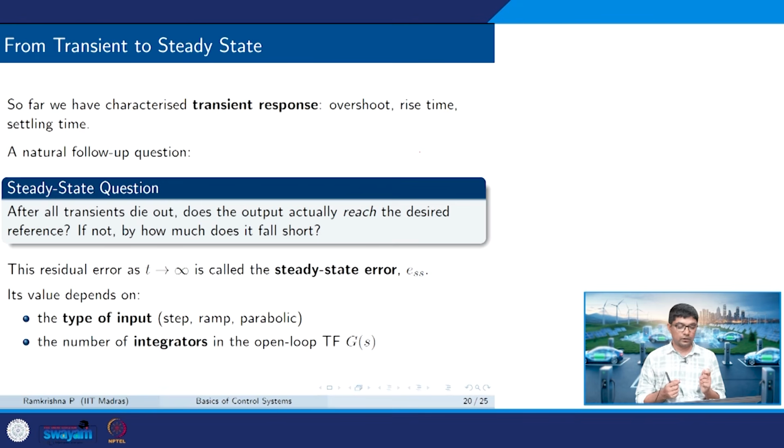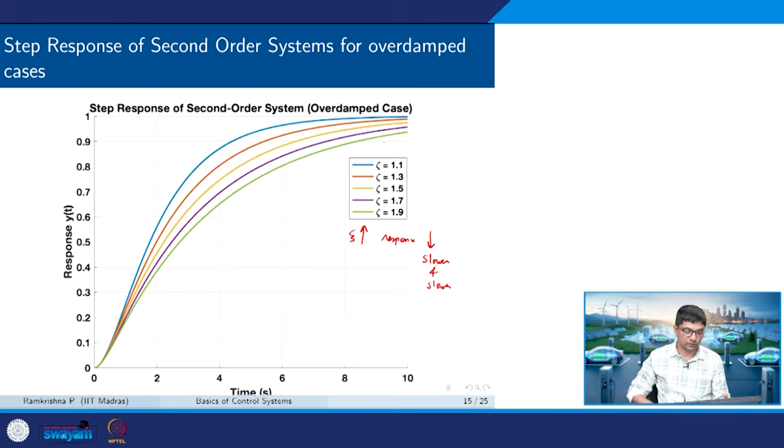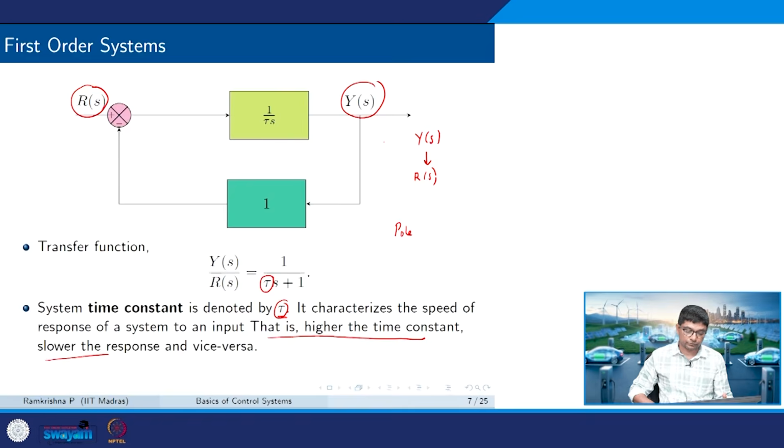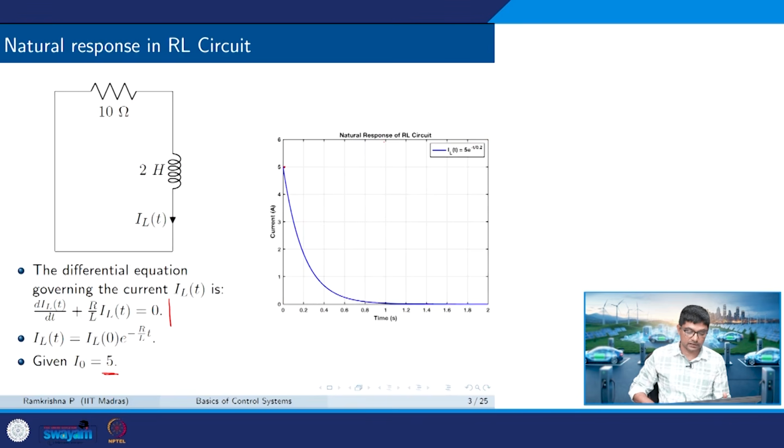Okay. So, we will do a little analysis on this. If I look at the transient, the expressions that I had earlier, V0 by R times 1 minus e power minus R t by L and things like that. So, I'll maybe go back to the circuits and tell what is the difference between the transients and the steady state. So, in this, this is the transients, and the steady state